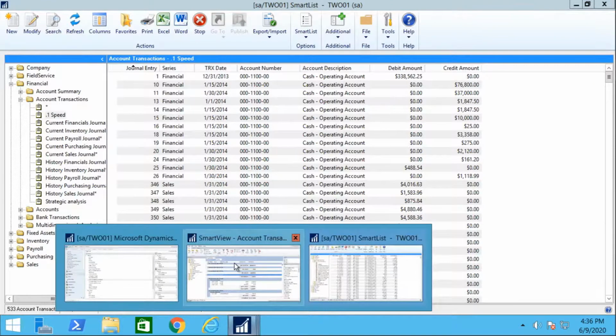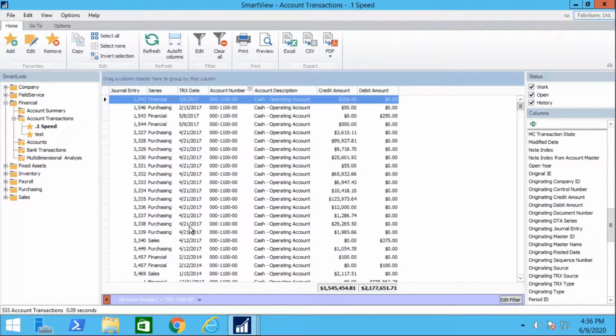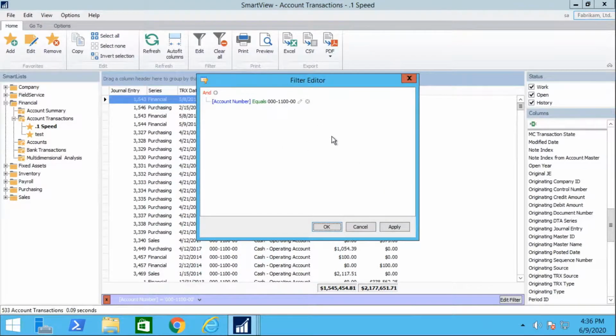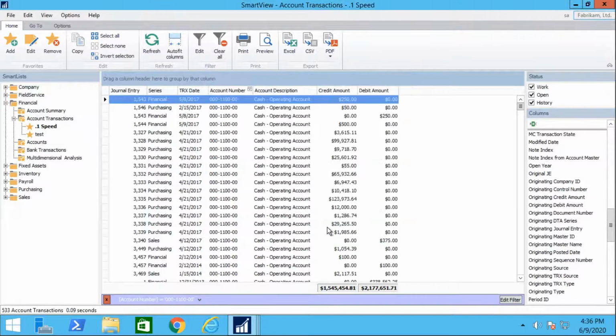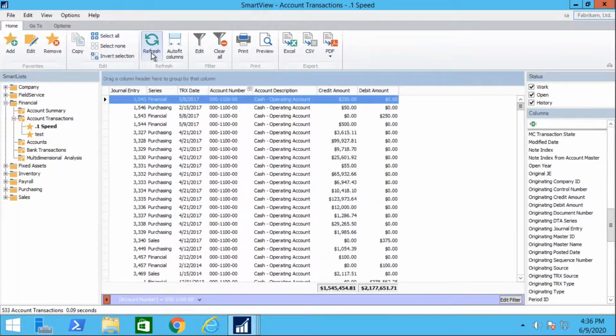If we switch over into SmartView, I have a similar favorite saved here. Click on that. 0.09 seconds for 533 results. You can see we have the same filter just on that account number. And we're also set to a maximum of 1,000 records. So let's try that again. 0.09, 0.08, 1/10 of a second. That will save you so much time over the years when you are able to get your results in a fraction of the time that it takes in SmartList, particularly